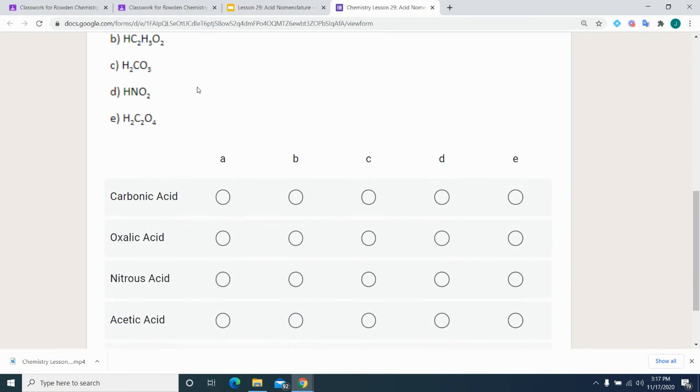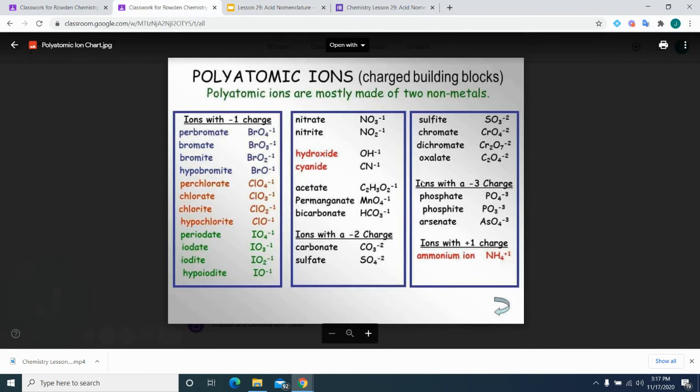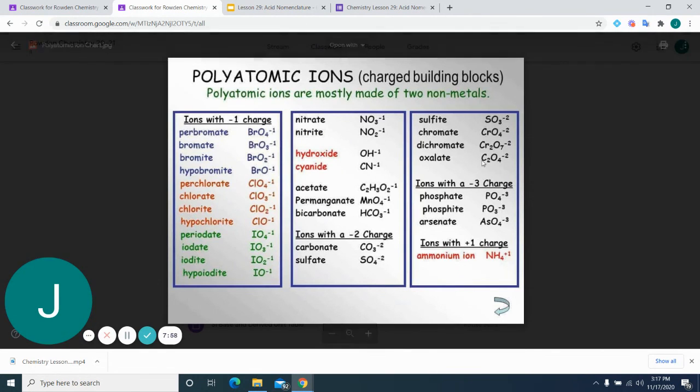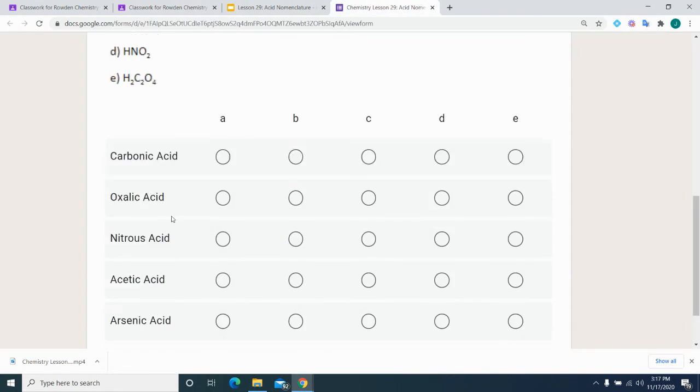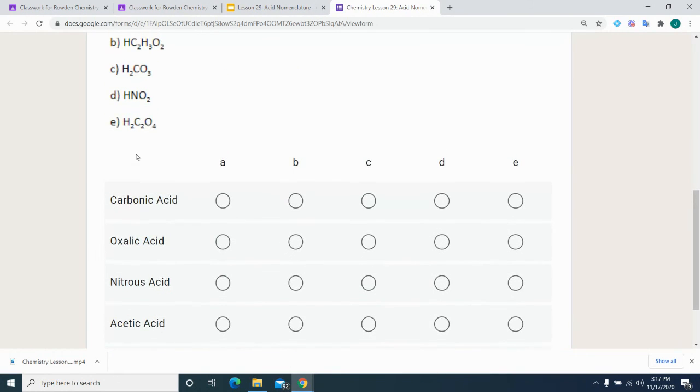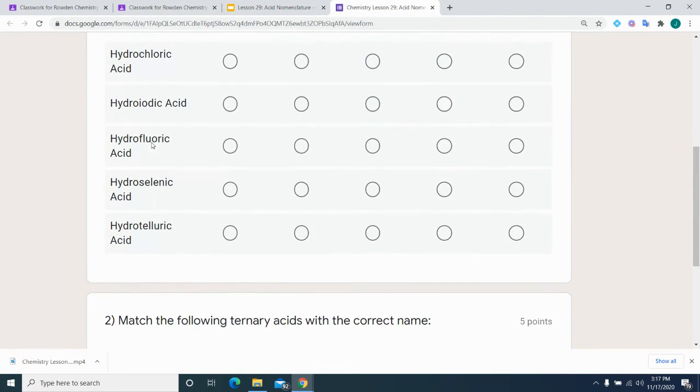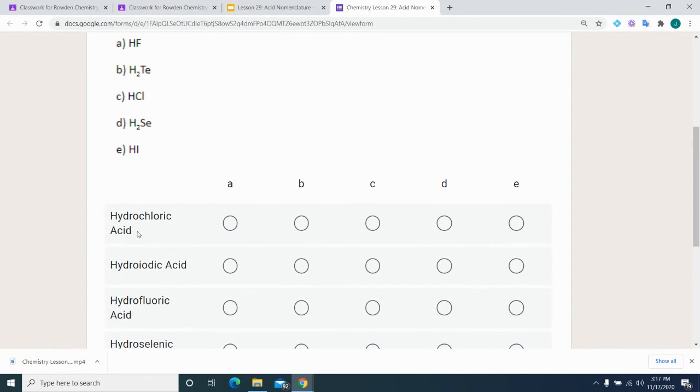And then lastly, H2C2O4. Let's find C2O4. Oxalate has 2 H's in front because that's what it takes to balance the -2. So change ate into ic acid. So oxalic acid. There we go. So these, when you have it like this and you have to match it, it's the simplest,